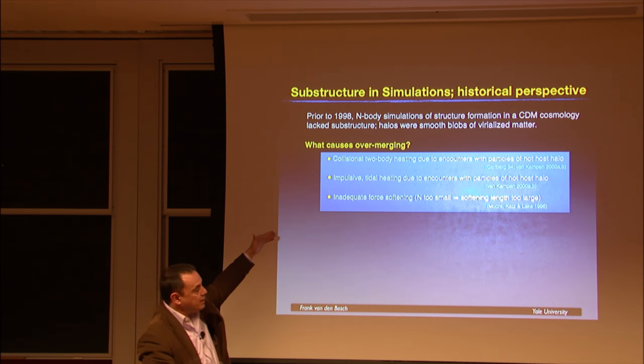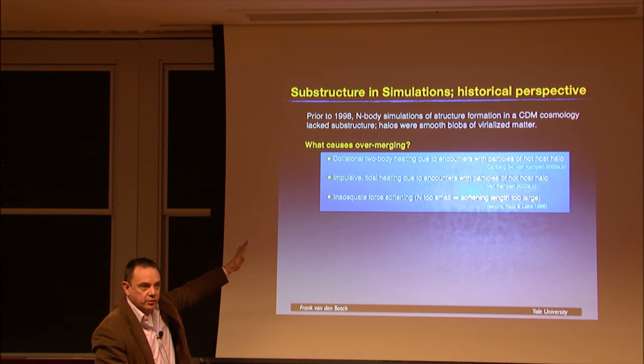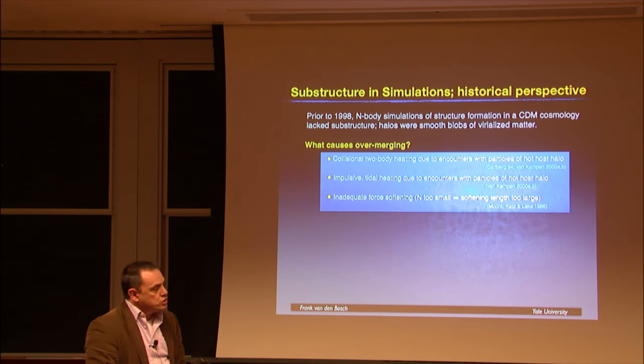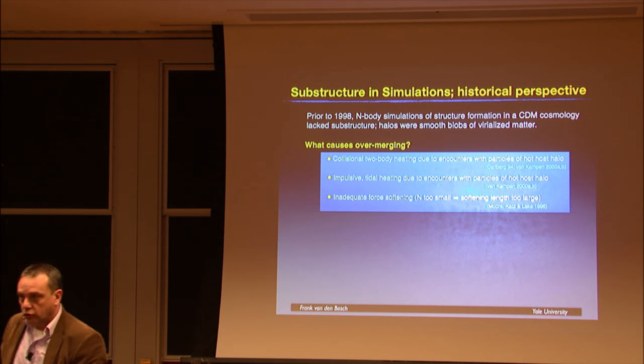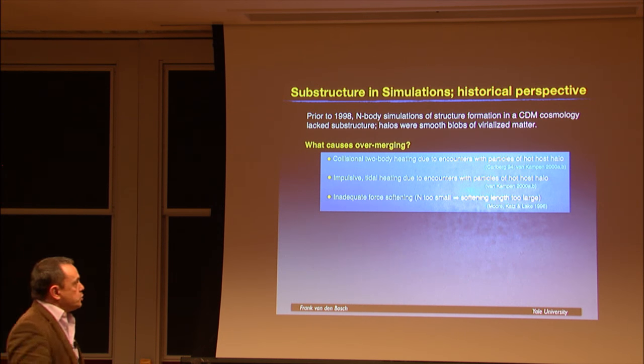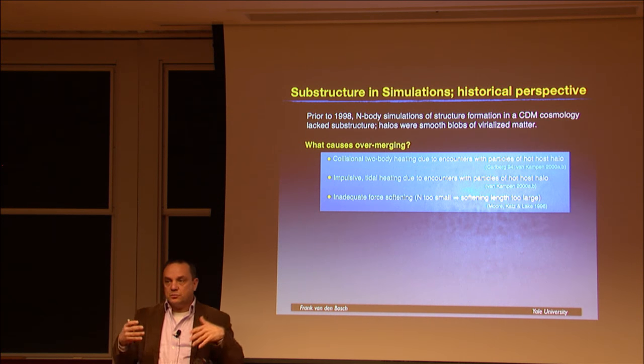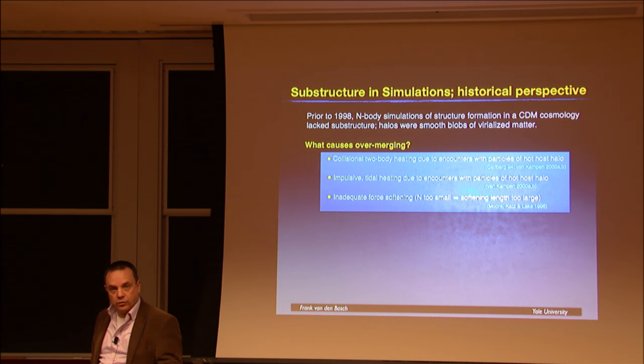And again, if you do the calculations, you can actually show that it's not relevant. What is relevant is the point that was made by Ben Moore, and that's that you just have too few particles. And when you have too few particles, what you end up doing is you take a softening length that's too large, and that makes your system too fluffy, and that's why it disrupts.